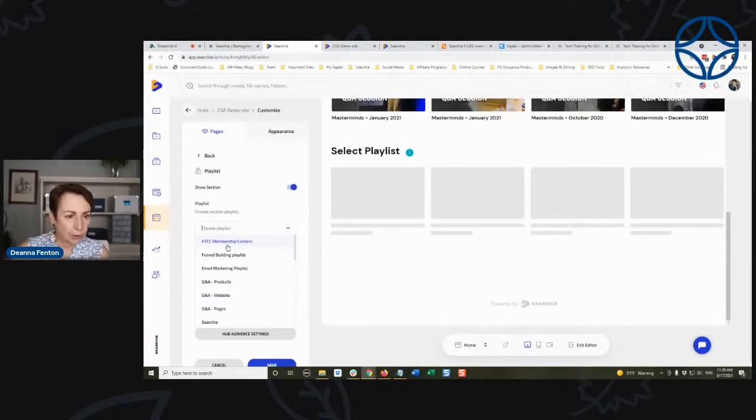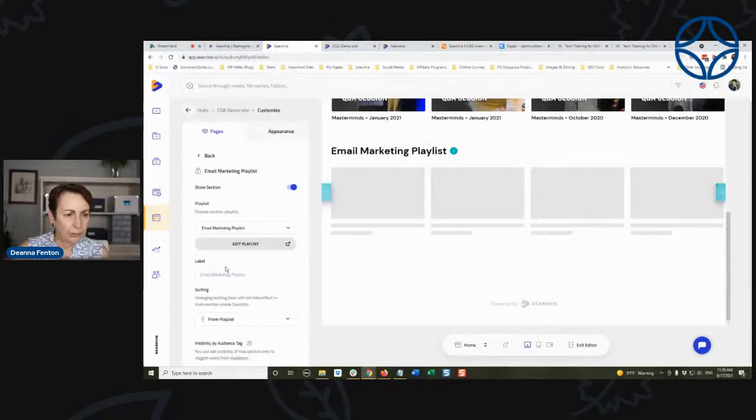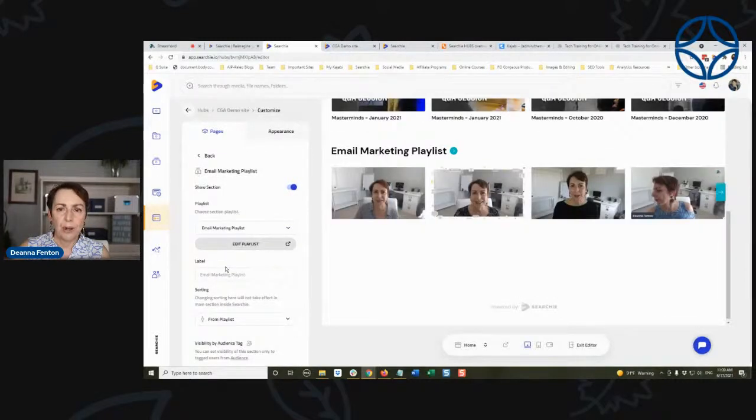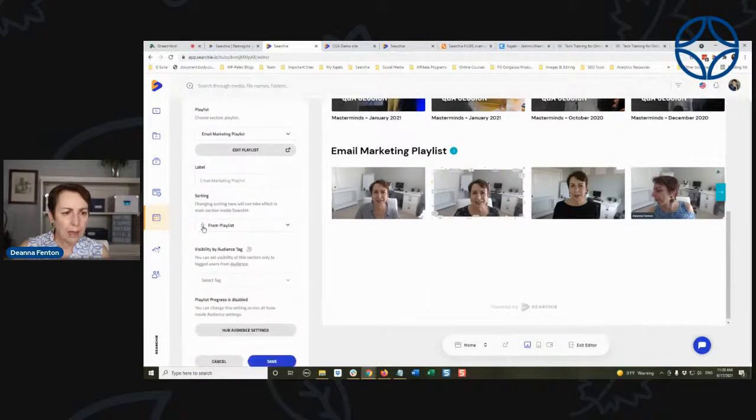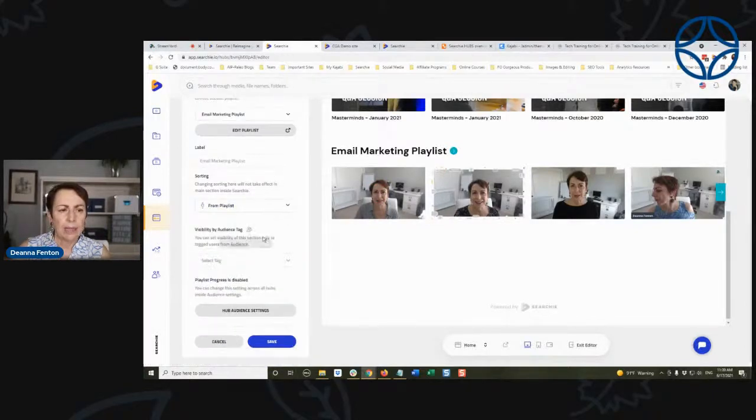I could choose a playlist that I want to show up. I could choose to sort it directly from the way the playlist is sorted, or do it by name, by date, etc. And then this is the control aspect of Searchy: access to the content is controlled by what are called audience tags as well as audience segments.